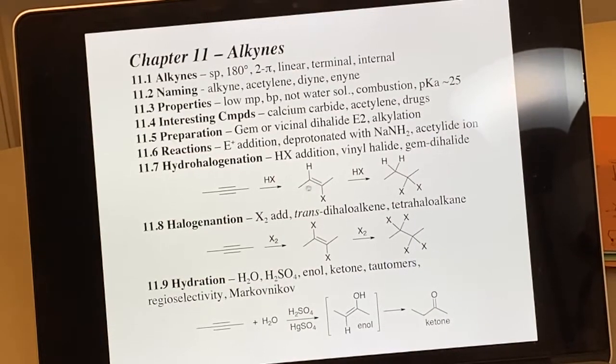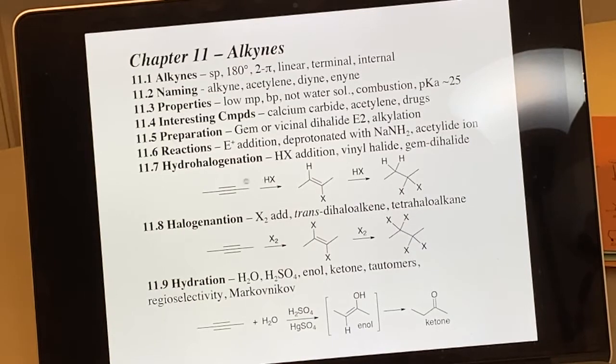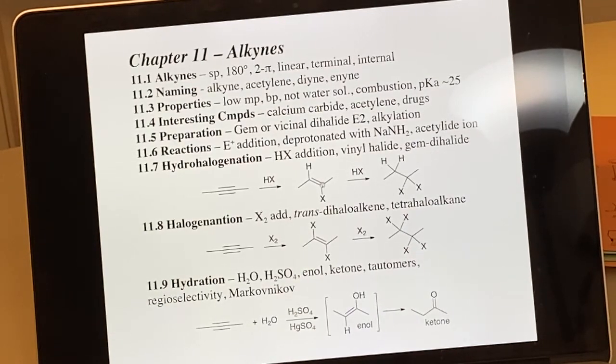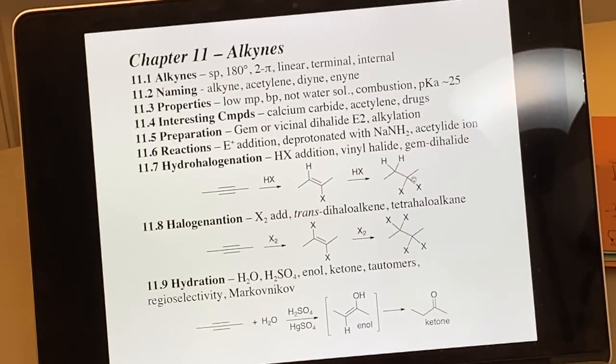So hydrohalogenation we'll do first. 1 equivalent of HCl or HBr will form the vinyl chloride or bromide. And that's the same thing. The electrophile here is the proton. We'll protonate there, flow the electrons, and then have the halide nucleophile add in there. And then you can do it again. You see you got another alkene here. So there's hydrohalogenation of the alkene. And we always put the second halide on the same carbon with the halide, okay? And that's due to resonance stabilization and the proton wanting to go away from the halide to give that resonance stabilization. So more substituted carbocation, and then the